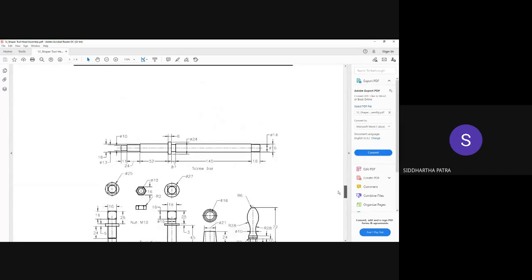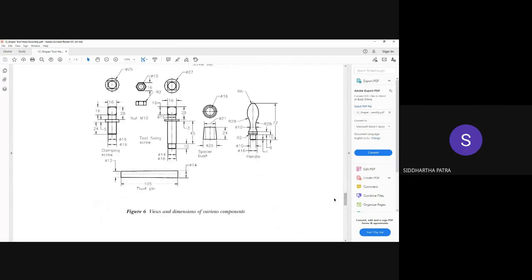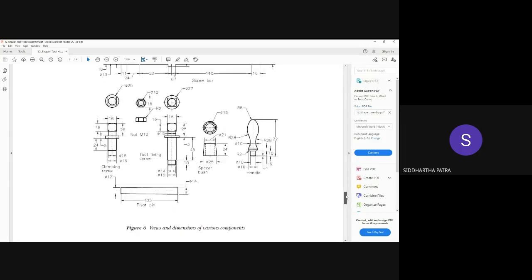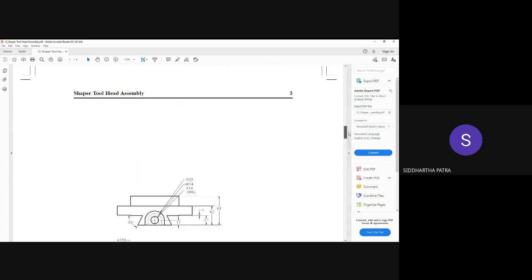Actually I don't need you to draw the sectional view, but it would be good if you can draw all three views: the front view, top view, and the side view. But I doubt that you would be able to accommodate the front view and the top view on the same page, because it's a pretty long component. So what I need you to draw is the front view and the side view. That should be good enough. But without the top view, it would be a little difficult to show the intricacies of the vertical slide.